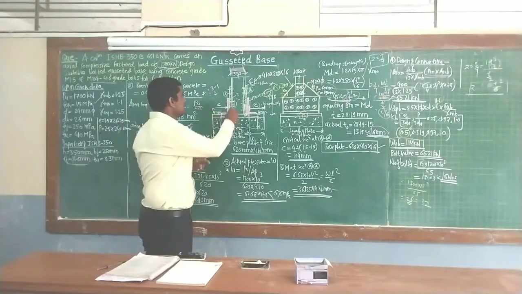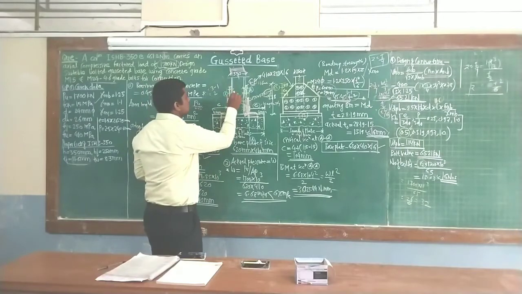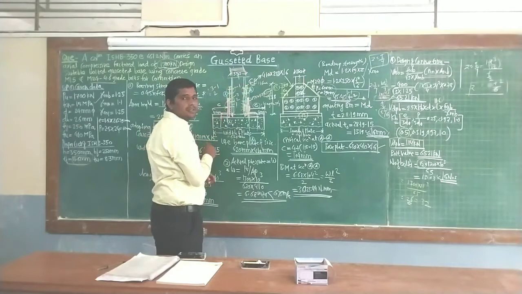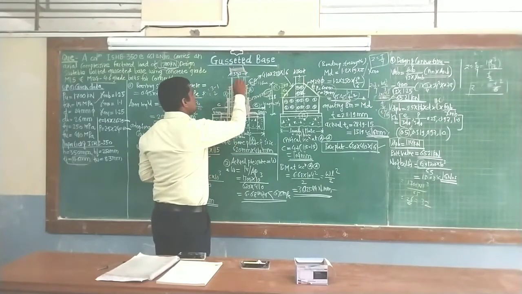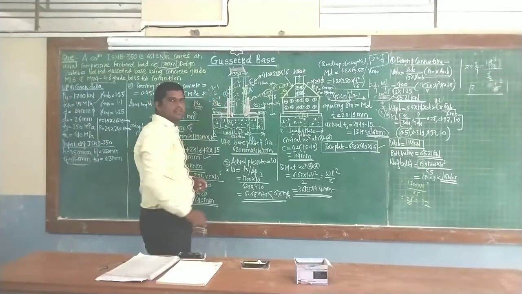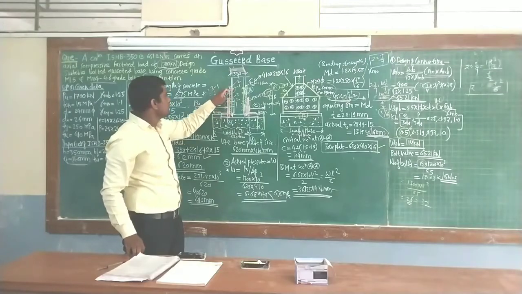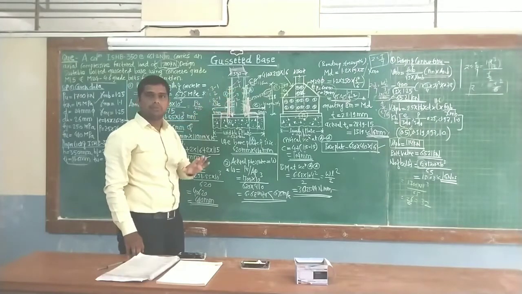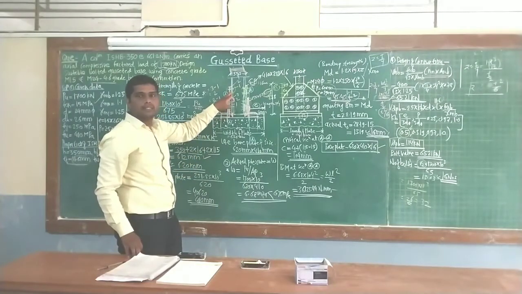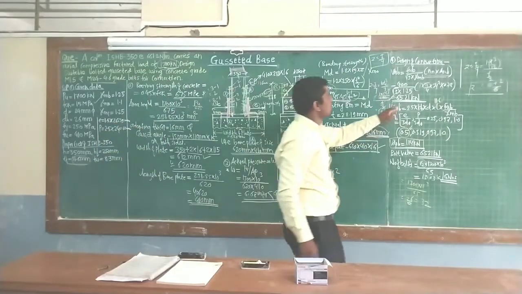This is for this particular region for the angle section. And if we go through this portion, the number of planes: column is 1, gusseted base is 2, so 2 minus 1, so answer will be 1. So why are we going to select this area instead of this? Because here the number of planes will be the minimum. These things we are going to keep in mind. So where the number of planes is minimum, that we are going to choose for the number of shear planes.